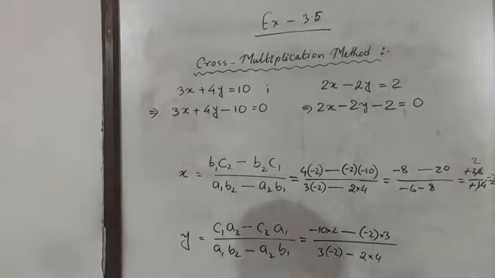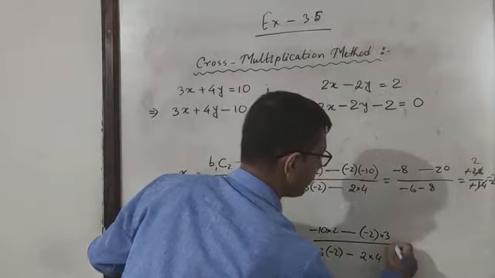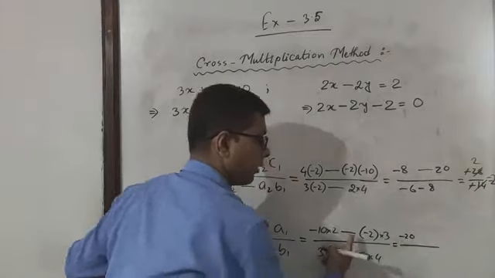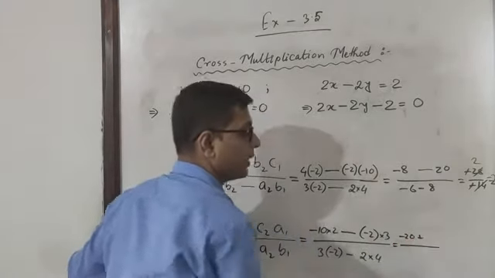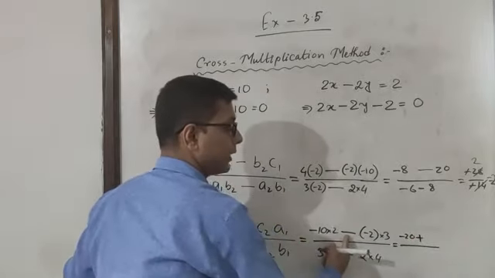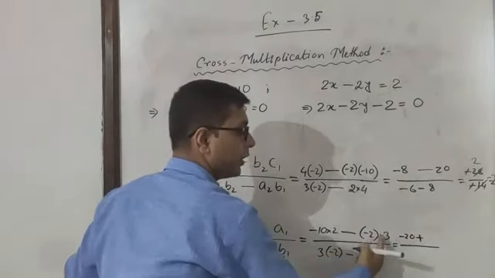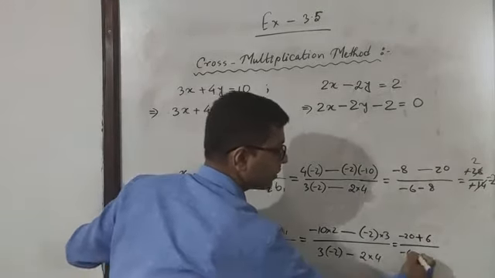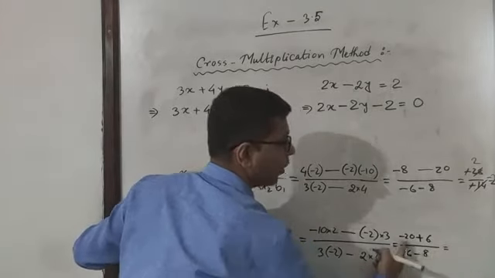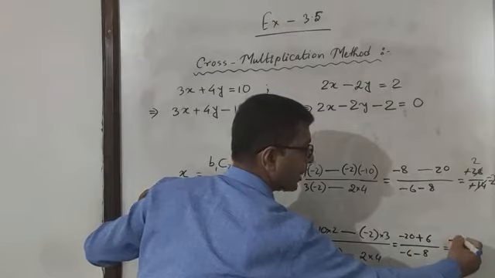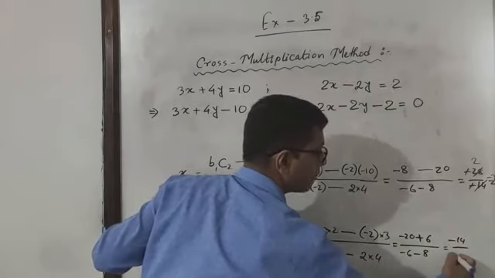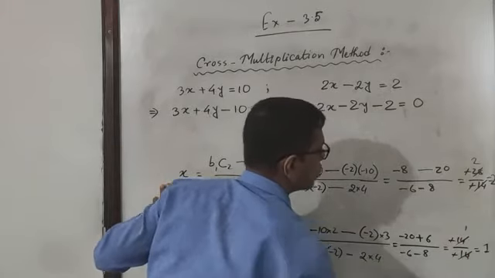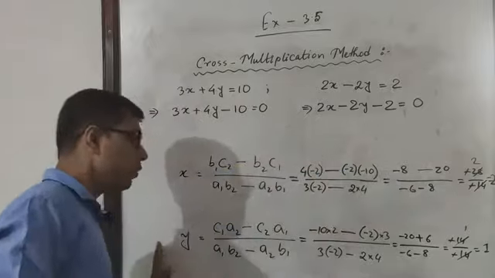Then similar way, let us find out the y value. Minus 10 into 2, that is minus 20. Minus, if you multiply them, then it will be plus. Minus into minus is plus. 2 into 3 is 6. Downside, 3 into minus 2 is minus 6. Minus 2 into 4 is 8. What will it be? Yes, that is minus 14. Downside is minus 14. 14 1 time is 14. That is 1. So we get x equals to 2 and y equals to 1.